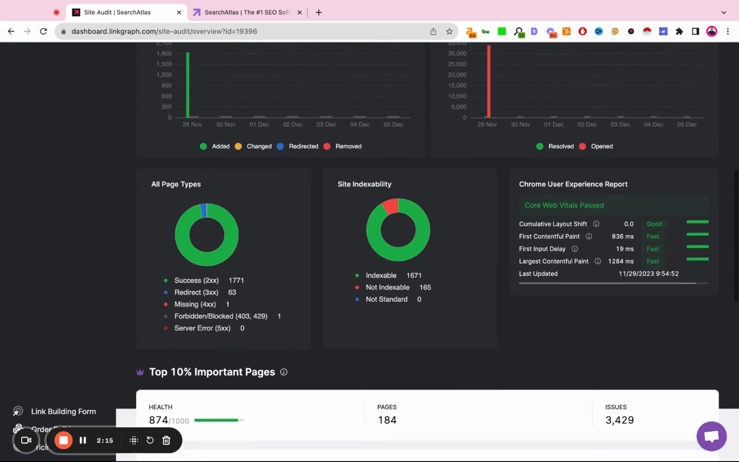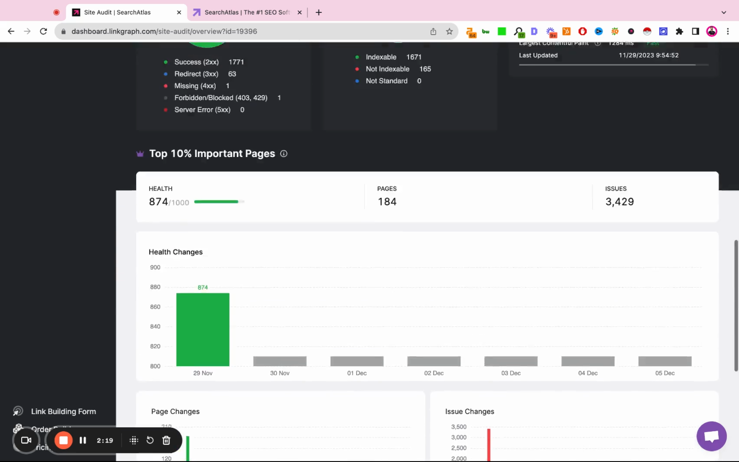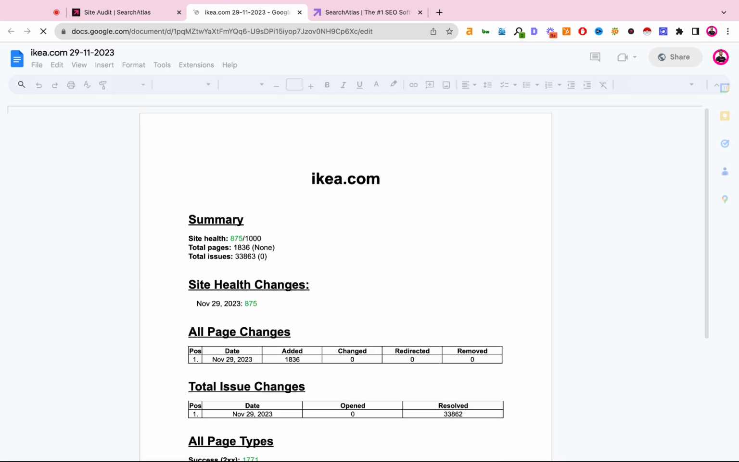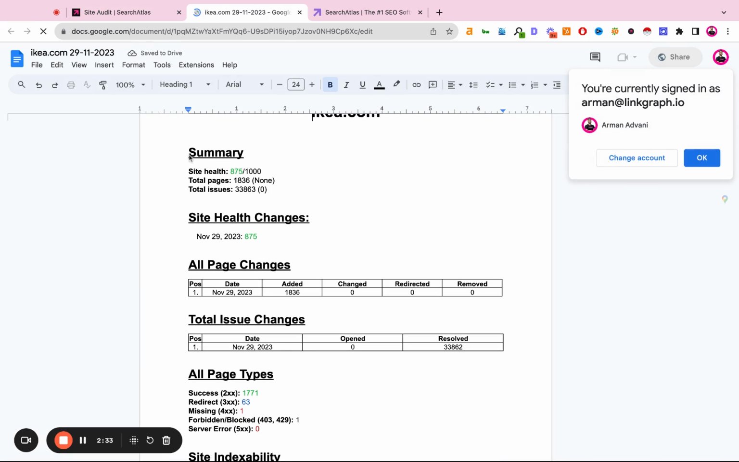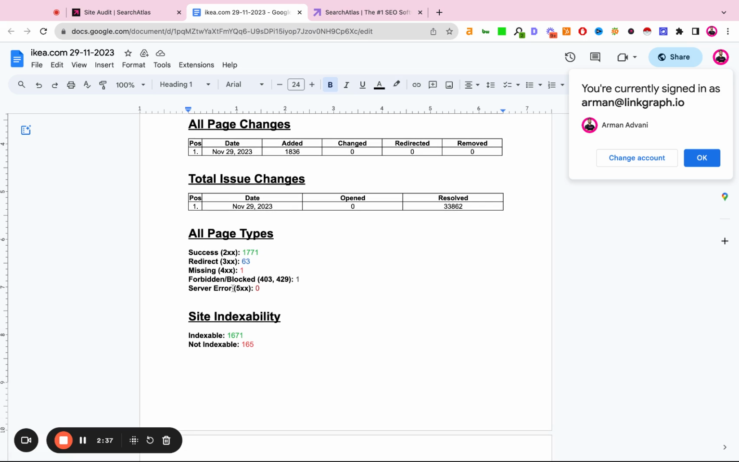And as you scroll down, you'll get some charts and some graphs and trend lines of how the site is performing over time. From here, if you click this Export to Docs button, this will actually open up a publicly shareable Google Doc that will give you a written summary of all of the issues that are detected within the audit. So you'll get a health score, you'll get a table that will log all your health changes over time,